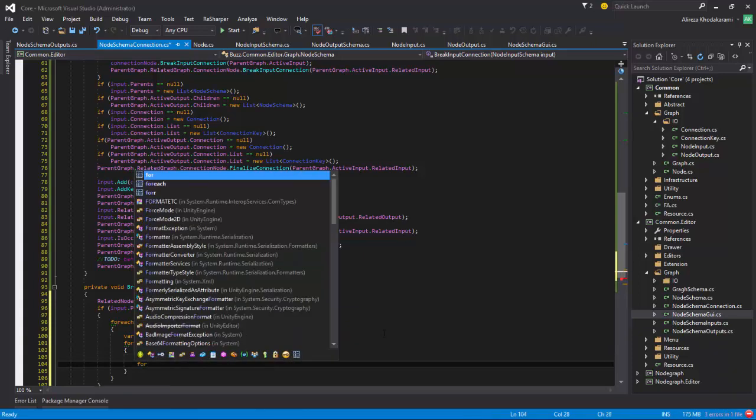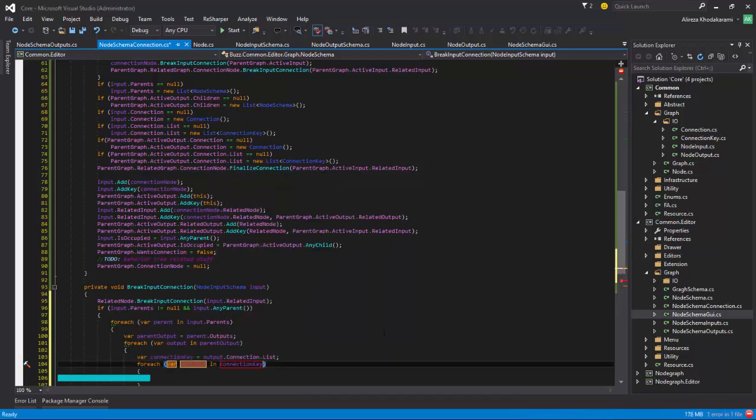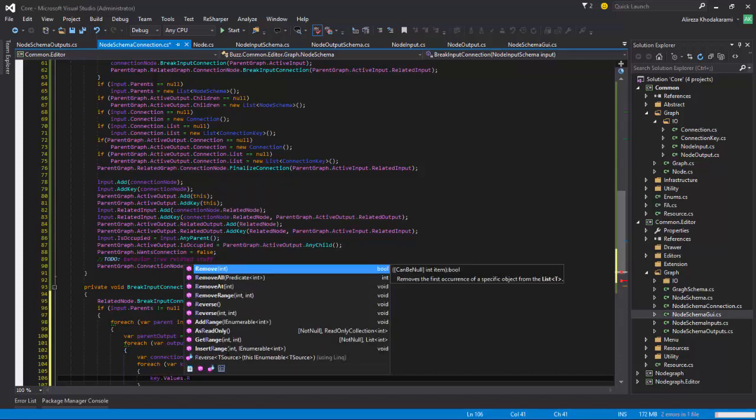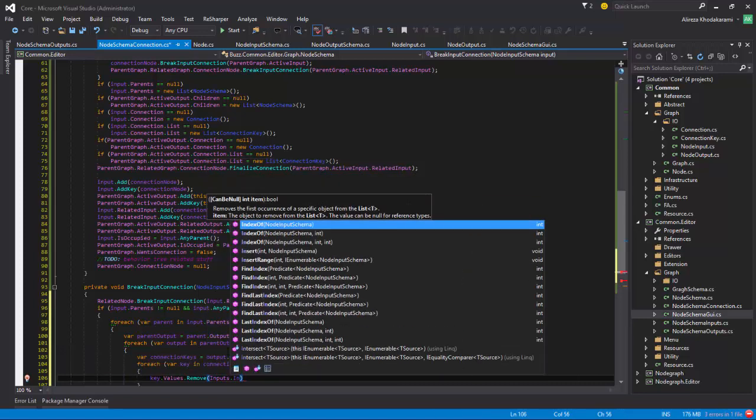Now we go for yet another for each loop inside our connection key, and I misspelled it anyway, var, and we call it key. And let's correct the spelling. This is connection keys. So now that we have each key inside our output, we first say key dot values dot remove, and here you see that the remove asks for an index for an int. We say inputs dot index of